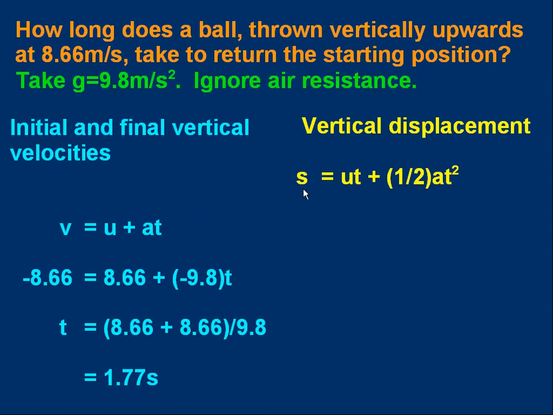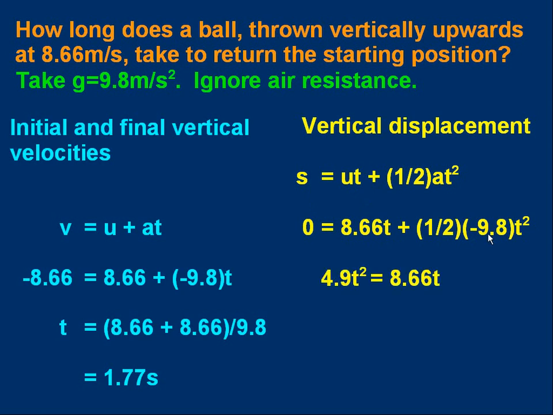If it comes back to its starting point, displacement is 0. u was 8.66, so it's 8.66t plus half gt squared, that's minus 4.9t squared. Let's rearrange that, and we get a t squared term on the left side and the t on the right. The t's will cancel out on both sides to leave t is 8.66 over 4.9,